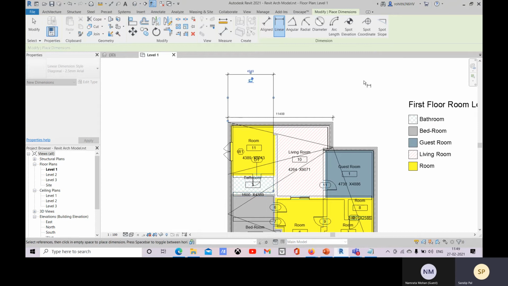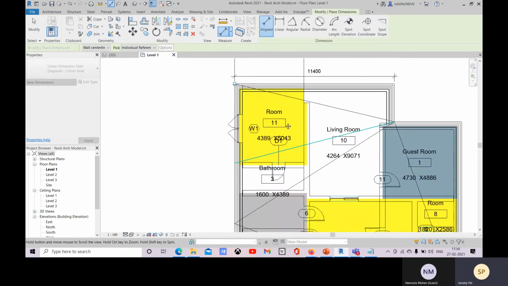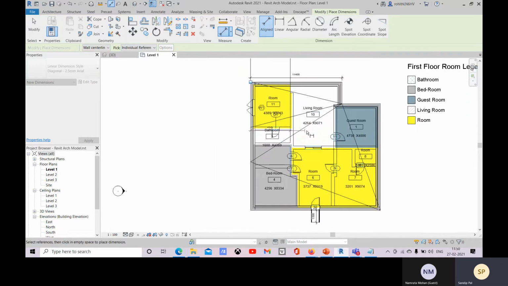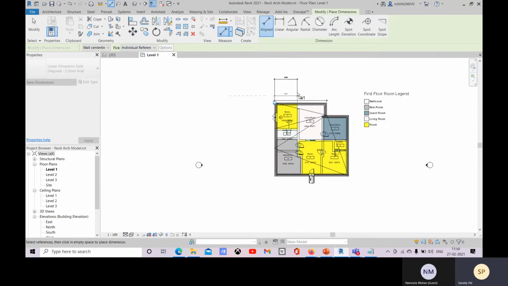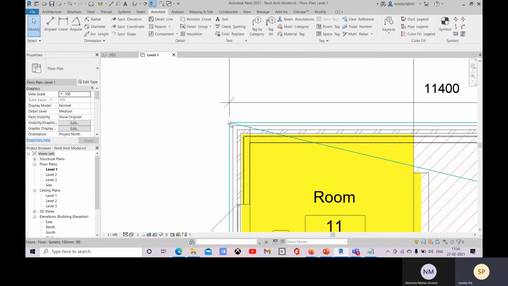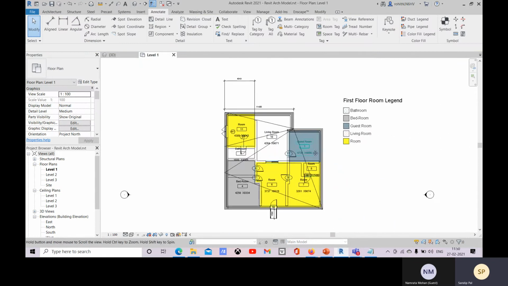But if you go here, suppose from this point to this point, it's because, as I mentioned, it calculates from surface to surface, so right now the point cannot be taken.